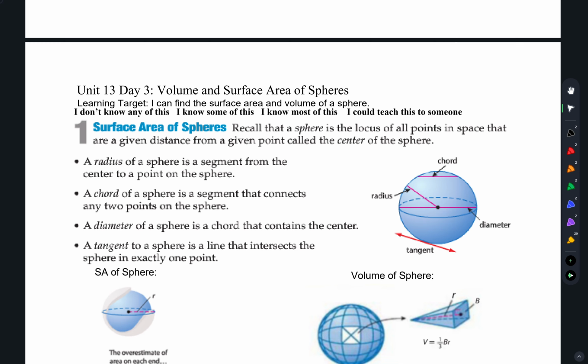Talk about volume and surface area of spheres today. We kind of just group them all in. The formulas are not so bad. As far as vocab goes for spheres, all the vocab for spheres is the same as the vocab for